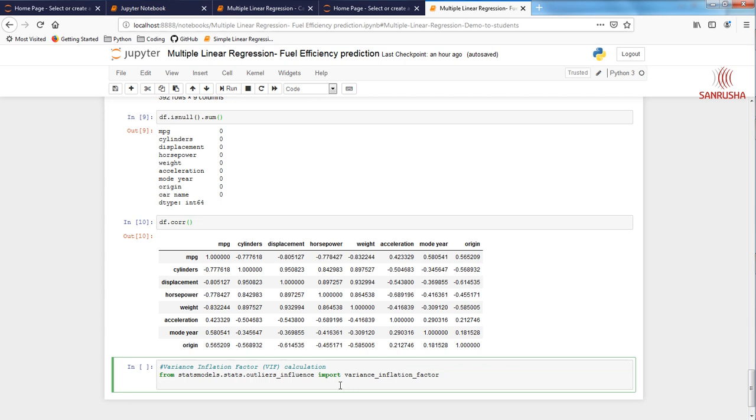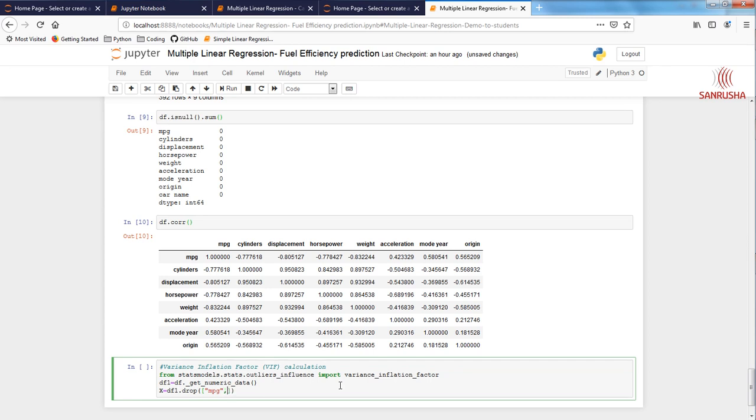It cannot remain alphanumeric. So let's do that first. df1 equals df dot get numeric data, and then our x is going to be df1 dot drop. So what are the attributes we are going to drop? We already discussed mpg. We're going to drop mpg because it's a dependent variable.